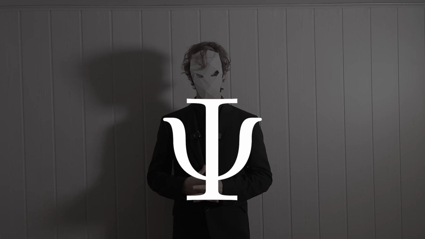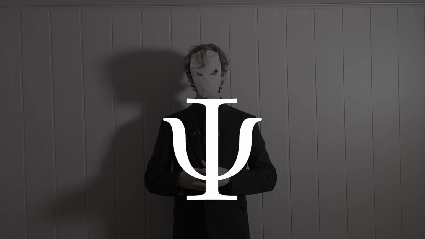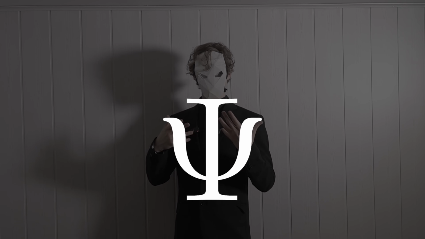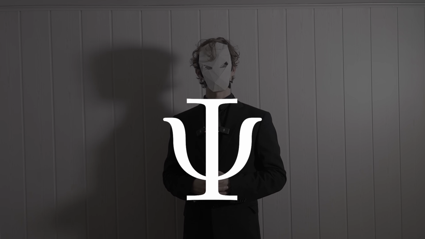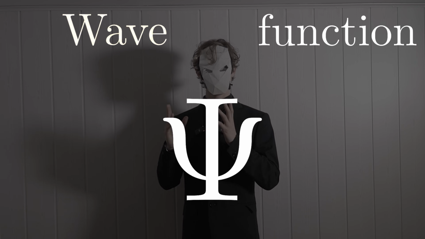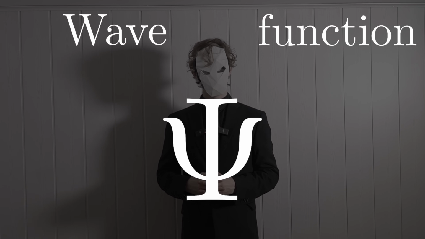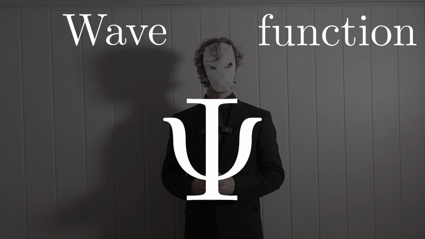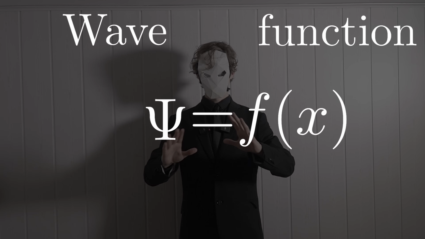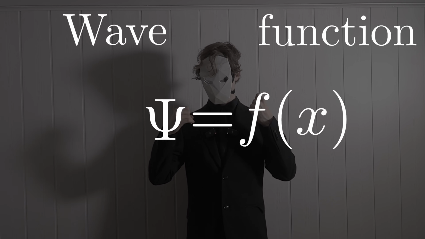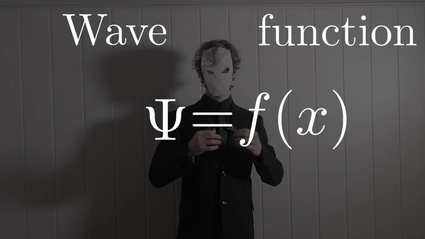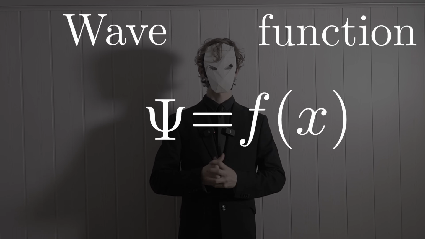Starting with this, psi. That's the name of this symbol, psi. But in reality, the name of this thing in quantum mechanics is the wave function. Now, let's divide it into two parts, wave and function. You are already familiar with functions and how they work, what they are. And this is just any normal old function. Yeah, I know, the notation would seem to suggest that it's some sort of bizarre craft, but no, just any normal function. It's just this. It's the exact same thing.